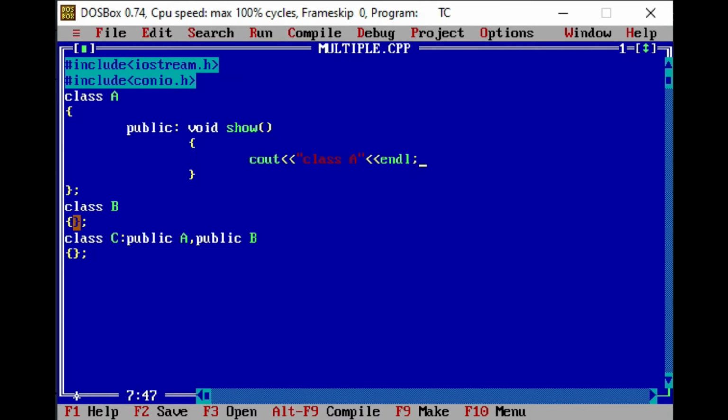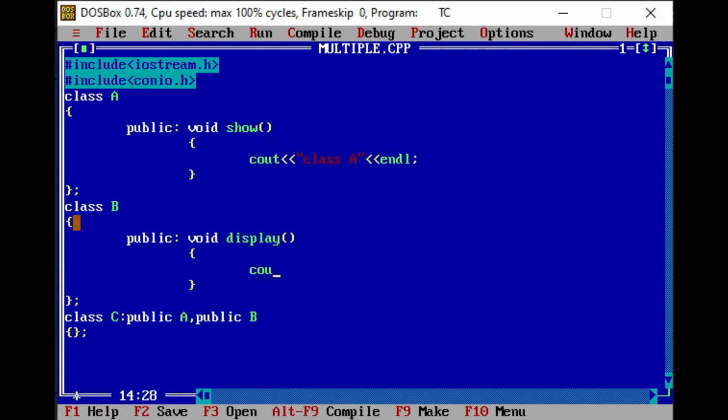Again, in class B, we will take one function in public mode. So here I am writing void display, suppose. And in this function, we will display with the help of cout statement class B.